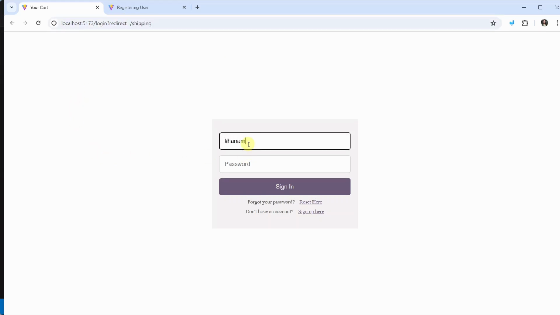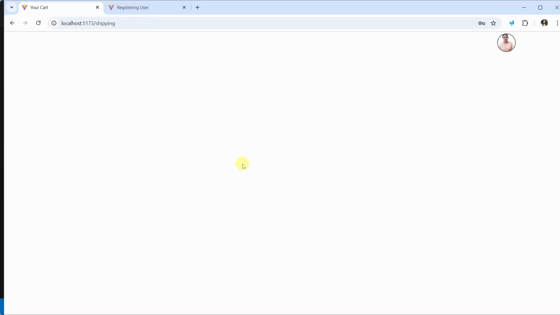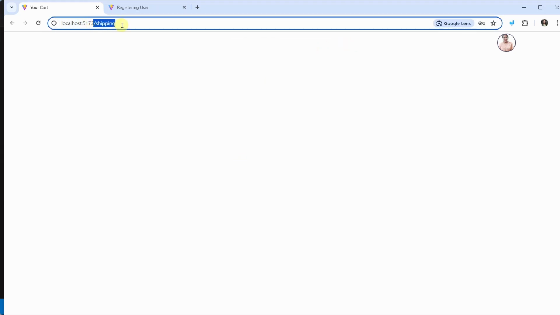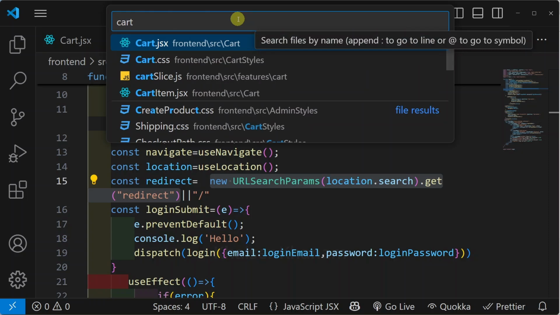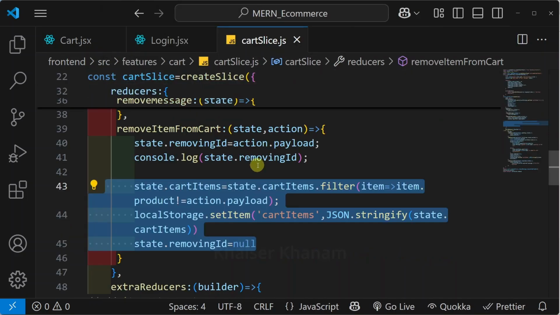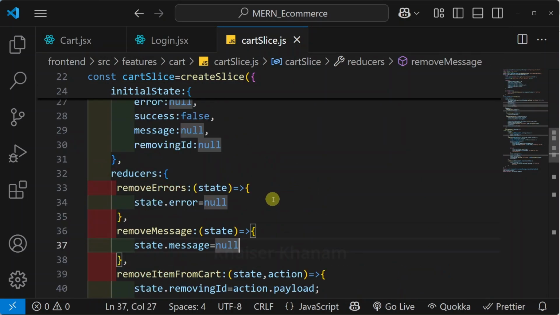Now I'm just going to log in. hanampestad@gmail.com. Password. Hit enter. Login successful. And I will be redirected to the shipping page. So in this way, we are just going to define our route. After passing the routes, I'm just going to open cartSlice.js, and inside this, for our shipping info, I will be